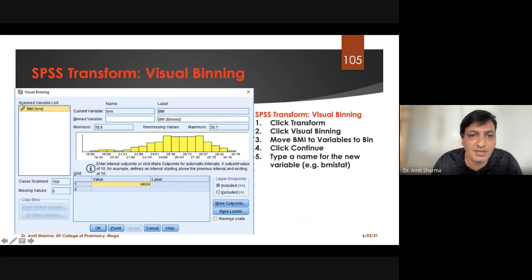And here you have to add something, that what will be the name of the new variable. So the minimum value which you have received in your project, that you have to enter. In my project the minimum value was 18.6 and the maximum value was 30.01. So minimum or maximum you can add, and SPSS is going to make a new column for the data which is given in the form of category. So what will be the name of that variable?